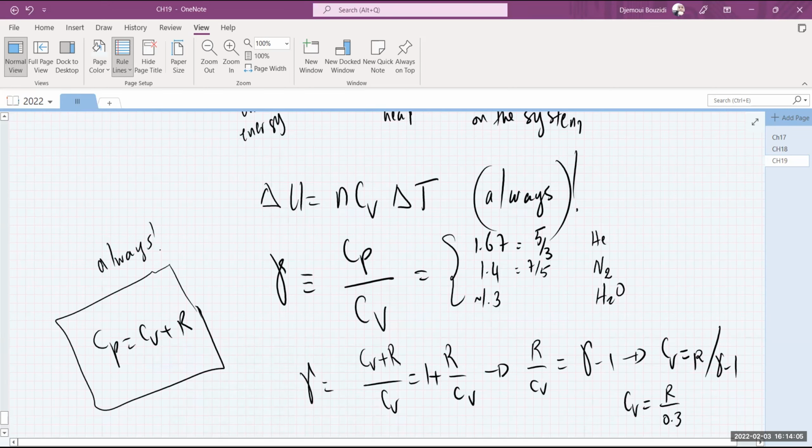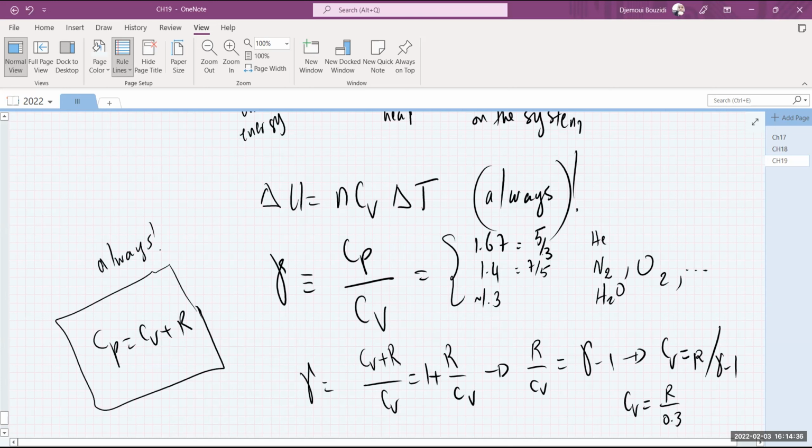So CV is always something you can find, if you know the gas. If you don't know the nature of your gas, then once you find CV, you're in business. Then you can tell what the gas is, or at least what type of configuration the gas is, okay? Because if it turns out to be diatomic, it may not necessarily be nitrogen. It could be oxygen or any other diatomic gas.